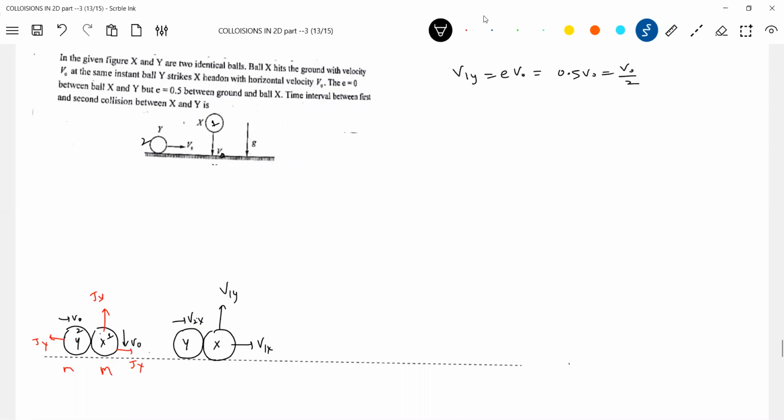This is V1y. What about V1x? I should apply, they'll get stuck. So along the x-axis, the conservation of momentum will be mV0 should be equal to mV2x plus mV1x. Since e equal to 0 along the x-axis, what do we expect? V2x and V1x must be equal. So finally, how much will it be? V1x equal to V2x equal to V0 by 2. Since V2x equal to V1x, therefore,